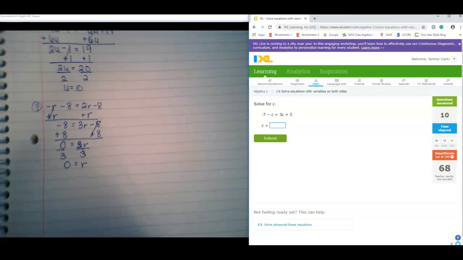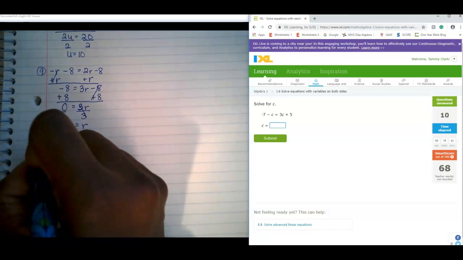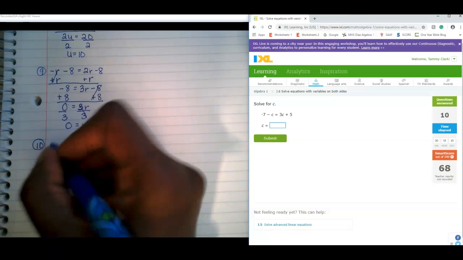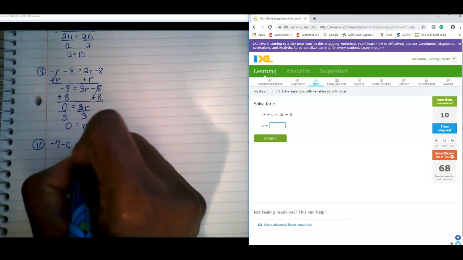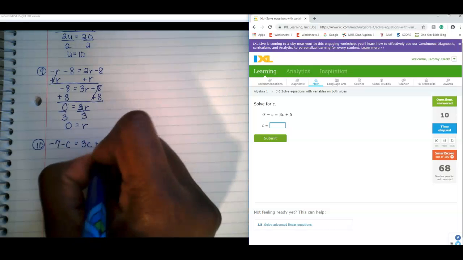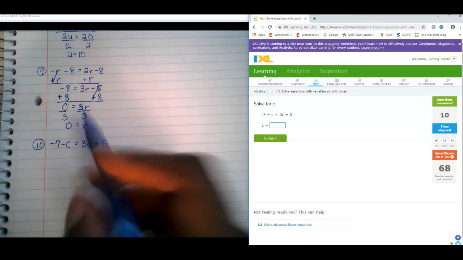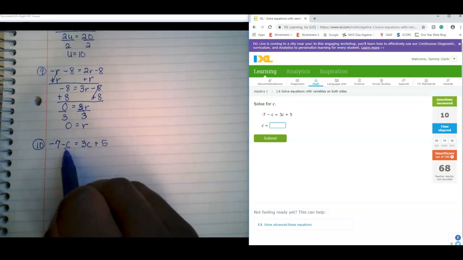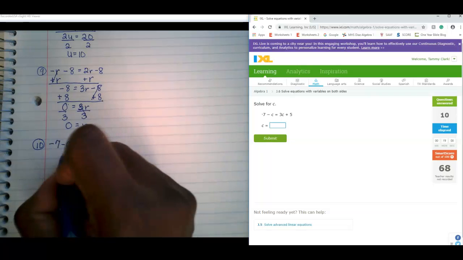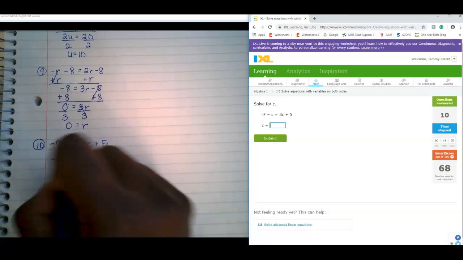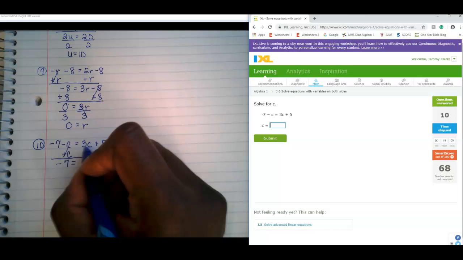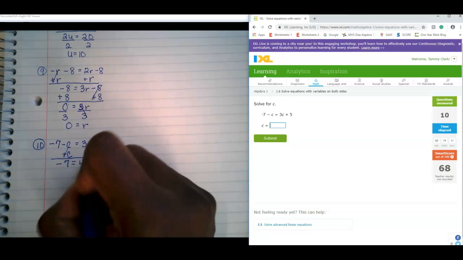All right. So we have number 10 is negative 7 minus c is equal to 3c plus 5. Now, here, negative c is the smaller number, 3 is the larger number, so we're going to add c to both sides of the equation. And we're left with negative 7 is equal to 3 c's plus another c gives us